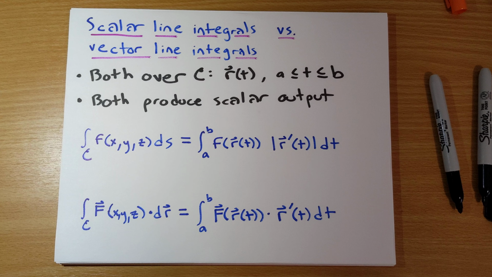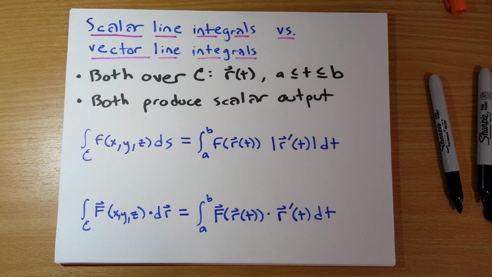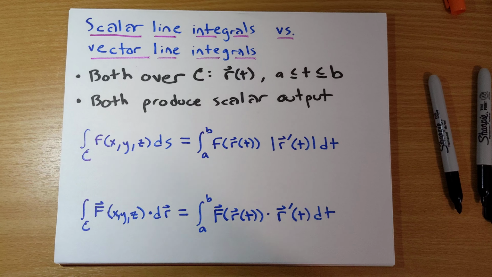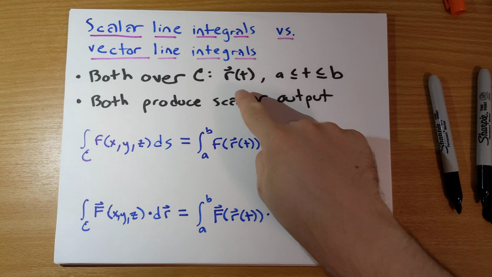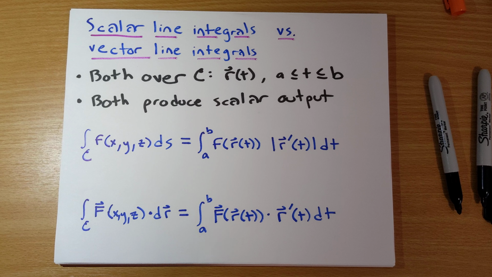In this video, I want to talk about similarities and differences between scalar line integrals and vector line integrals. Both scalar line integrals and vector line integrals, I wrote a generic looking example here on the left side, are integrating over some curve C. The first step of these problems, if you aren't explicitly given a curve C, should be to write down a parametrization r of t, where t runs from a to b